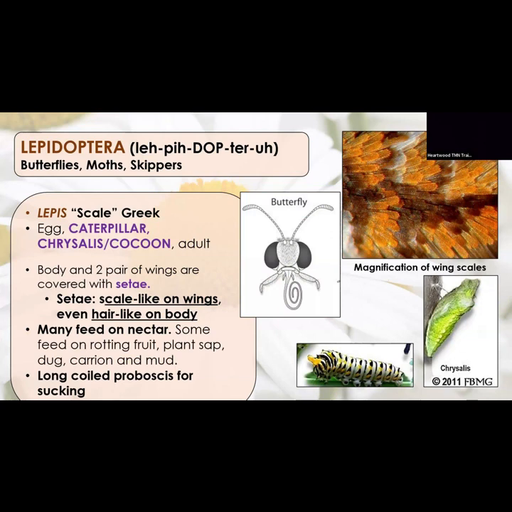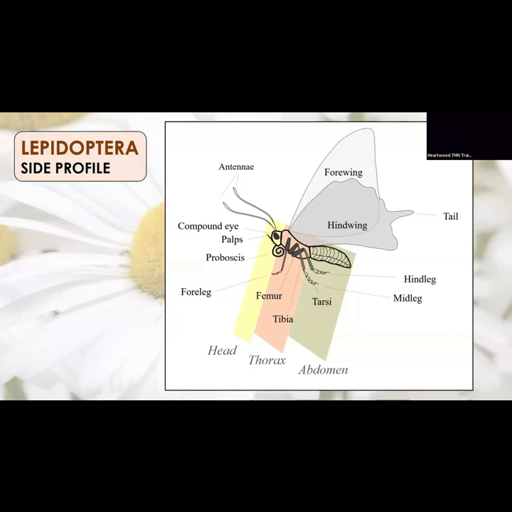So they have those siphoning mouth parts. Many feed on nectar. A few are decomposers as well, or they'll feed on carrion, and they all fit in where they get in. And they're known for having that coiled proboscis. Just giving you a little touch up again on some insect anatomy. So we've got the head, the thorax, which is always going to be where the legs are, and the abdomen.